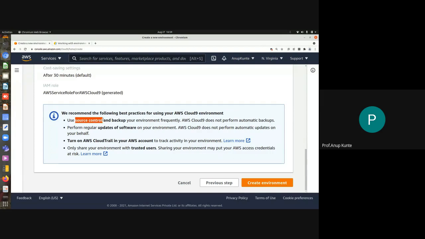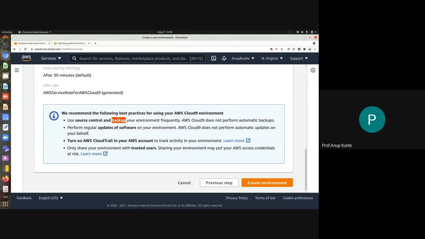Source code control means you should use any software that does the versioning of your source code, like Git or any other software like Mercurial or CVS, which can maintain the versions of your software. And other thing that they say is you should be also able to take backups of whatever you are doing.